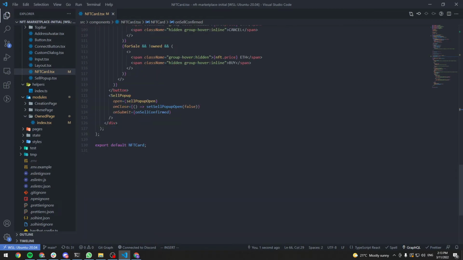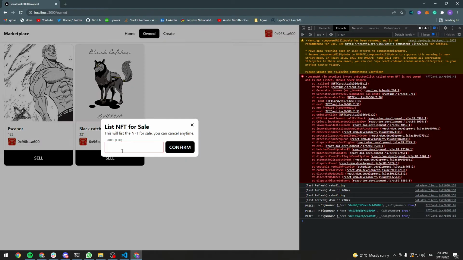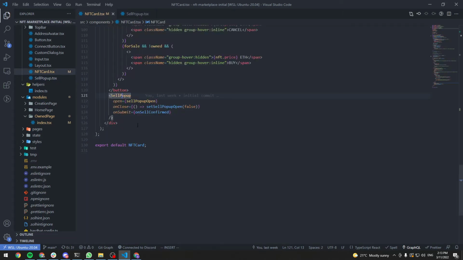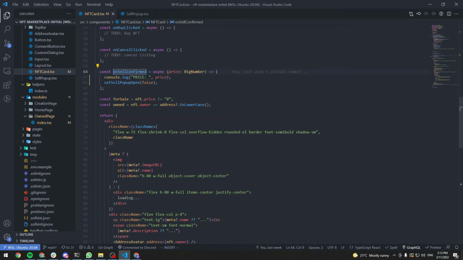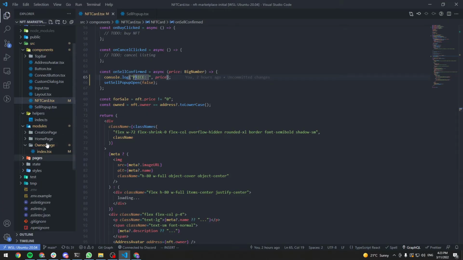So if we go to the sell pop-up here, the onConfirm first validates that the price is a valid number, then parses the price from ETH to wei. We check that the value is greater than 0. For instance, if we enter 0.0 and click confirm, it's not going to work. We have to enter a value that's greater than 0. And then after all the checks are done, we call the onSubmit callback, passing in the wei value here, and that's what we print here. That's what you see. All right, so let's go back to the useNFTMarket hook,